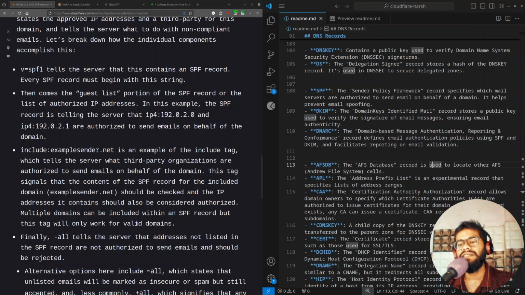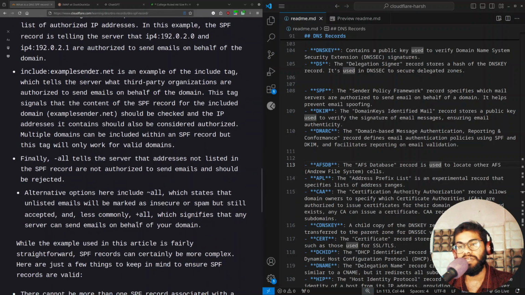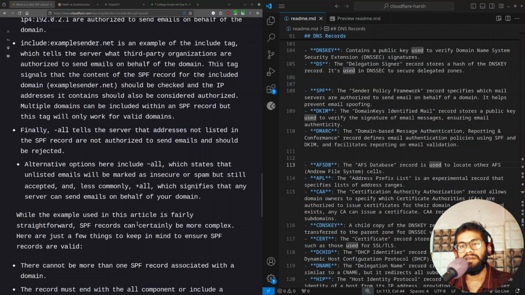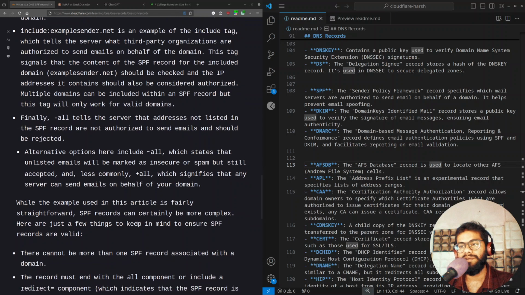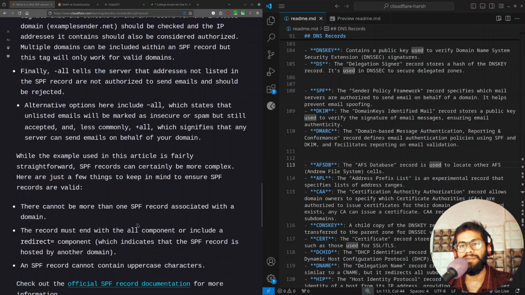This tag signals that the content of the SPF record is included in the domain and should be checked, and the IP addresses it contains should also be considered authorized. Multiple domains can be included within an SPF record, but this tag will only work for a valid domain. Finally, all tells the server that addresses not listed in the SPF record are not authorized to send email